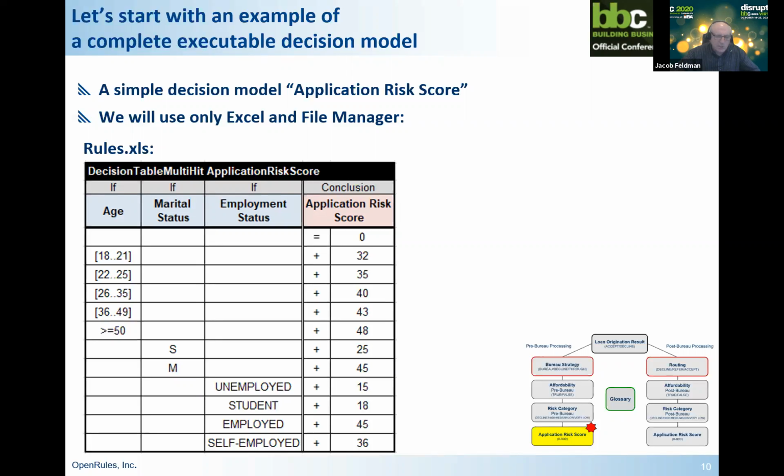So all rules are presented in DMN in the form of different decision tables, and I want to show you how we will use them. By the way, as I said before, we will use only Excel and File Manager, and we will actually create these models. In this case, I will put in the file rules.xls only one table, and this is a decision table, and the majority of tables